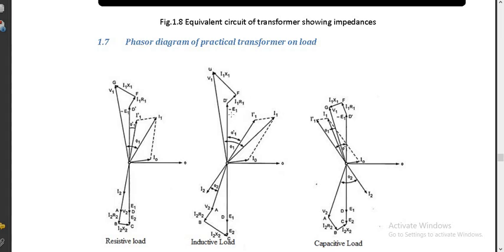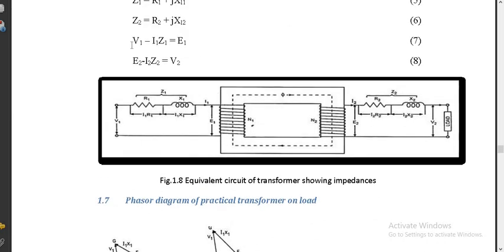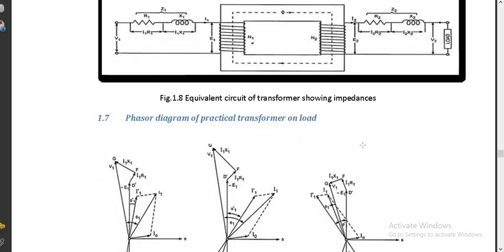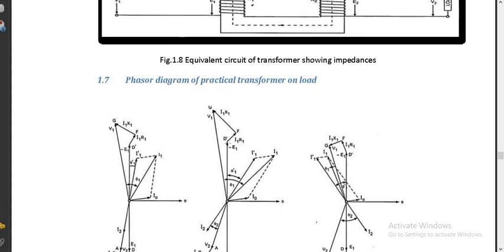Another equation I want to satisfy is, again, exactly parallel to I1 it will be I1 R1, because the resistive drop is always supposed to be in the same phase as the current. Exactly 90 degrees to it will be I1 X1, that is I1 XL1, isn't it? And if you complete this vector it will be I1 Z1, and this gives you the value V1 actually. So you can satisfy this equation: V1 minus I1 Z1 is equal to E1, or E1 plus I1 Z1 is equal to V1. This is how you get the next equation.